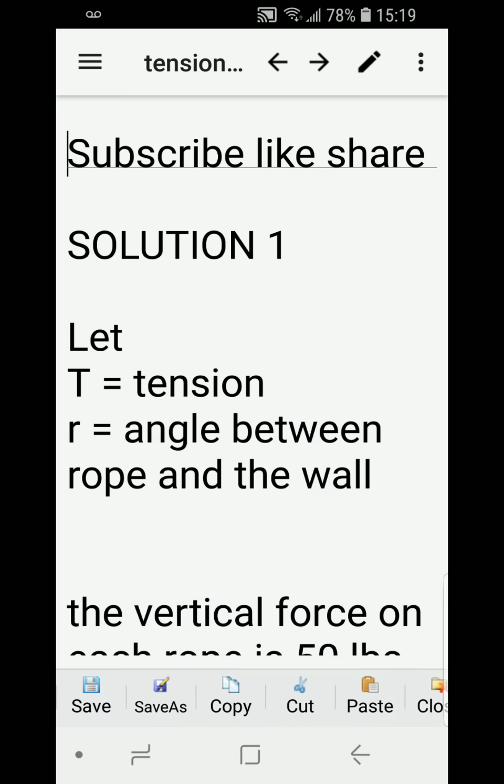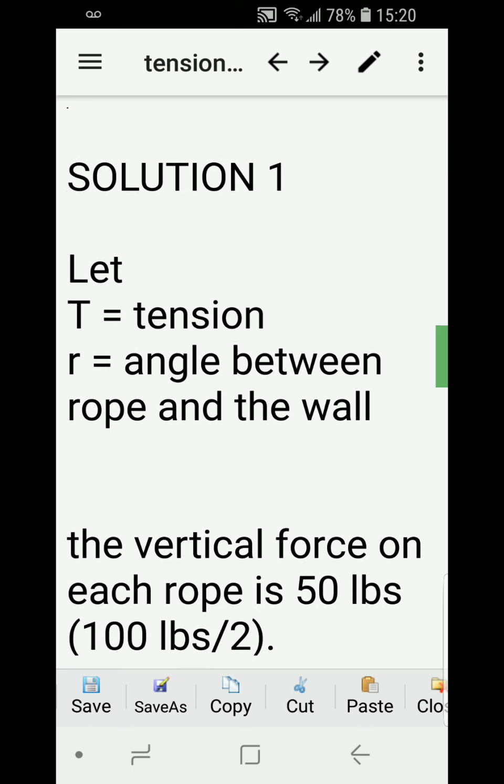And here we're back with the solution. So I'm gonna solve this with two solutions. First solution is solving for the angle and using trigonometric functions. Second solution is by similar triangles. So going ahead with solution 1,